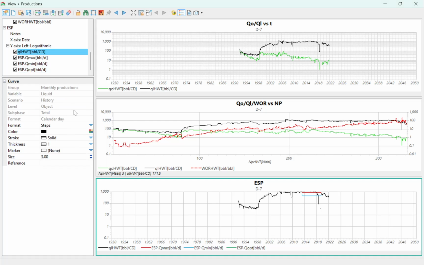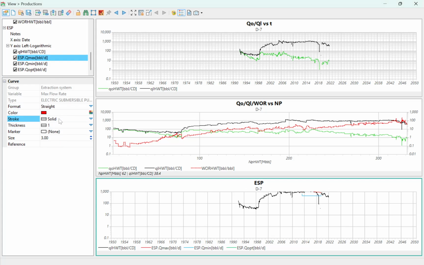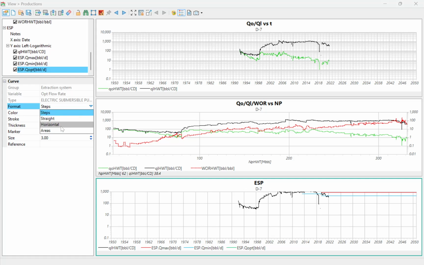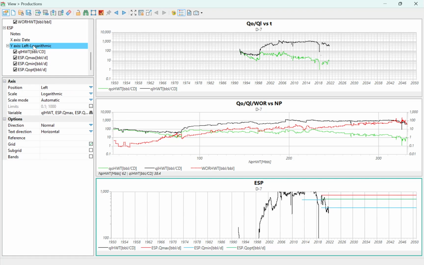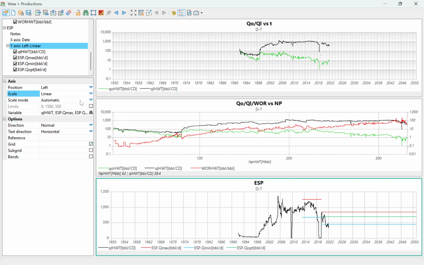And now we have to modify this data here. We have to especially select the horizontal for, no, sorry, not for liquid, but for the other three. We have to select horizontal here, horizontal, horizontal, and horizontal. So the line is going to be extended over time, and it's better to use linear here for this graph. So now it's better. So now we can see